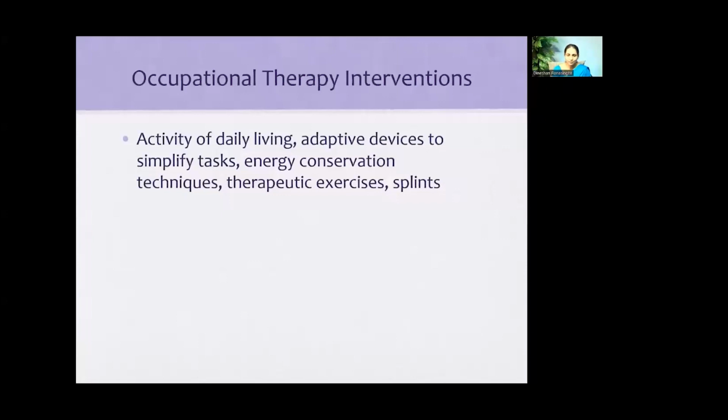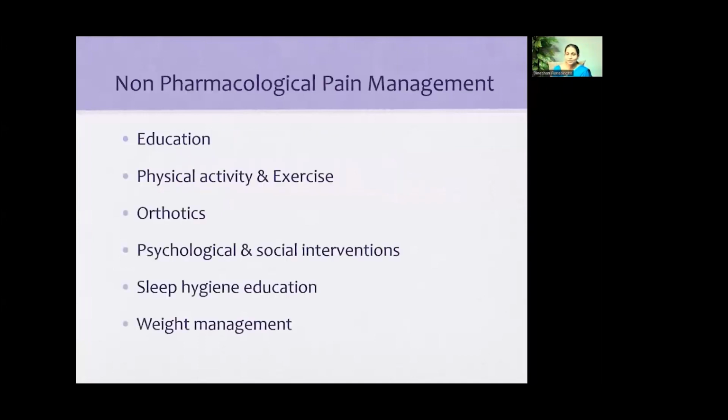Also, patients can be taught energy conservation techniques, therapeutic exercises, and they can be prescribed splints to relieve the pain. Mainly we use physical therapy and occupational therapy in our patients, but apart from that, patient education, advice on physical activity, exercise, orthotics, psychological and social interventions, sleep hygiene, and also weight management is very important in our